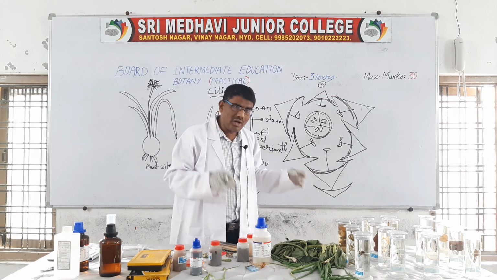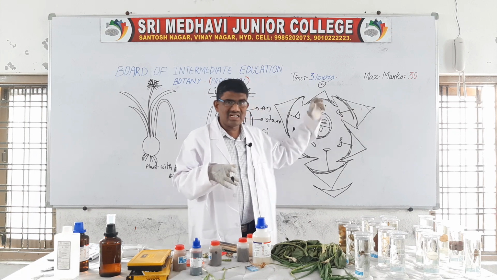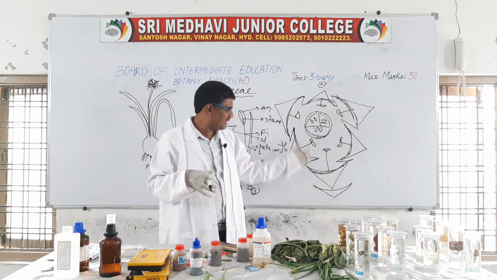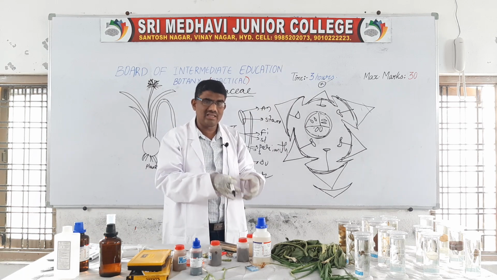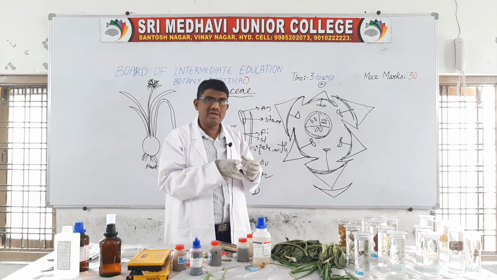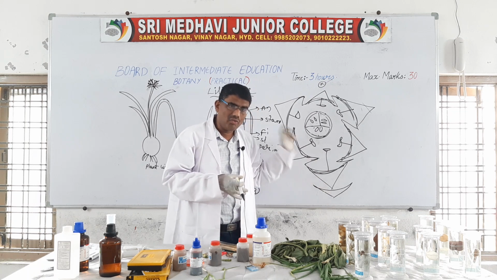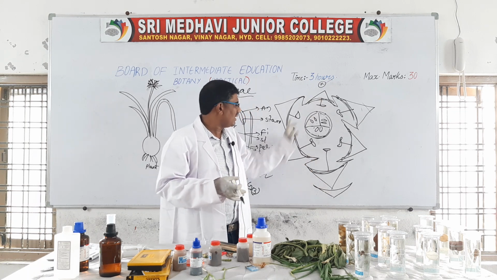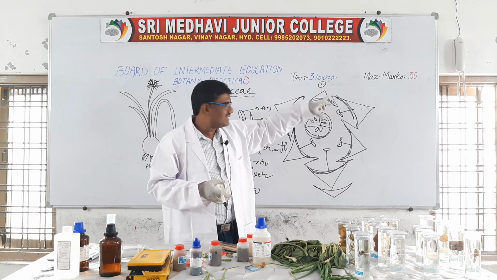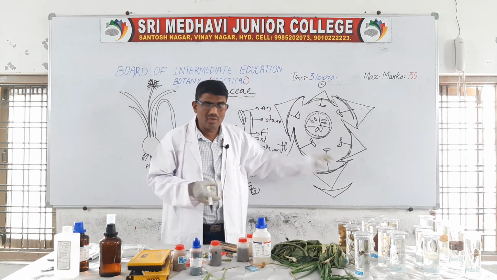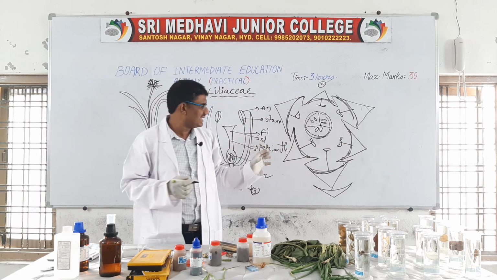Out of 3, 2 are at one place and 1 at another place; that one is the odd one. In the outer whorl, the odd one is on the bract side, the back side. In the inner whorl, the odd one is on the mother axis side. You have to follow this diagram. This diagram is also very, very important for the NEET examination.